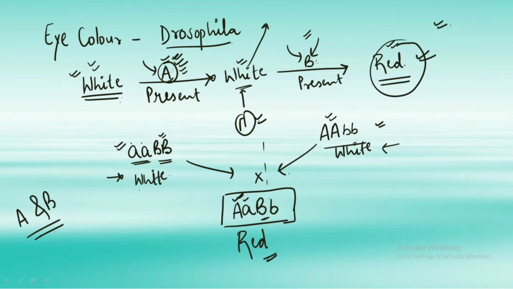That is, in the first case, we had a homozygous recessive condition for the gene A, and in the second case, we had a homozygous recessive condition for gene B. As a result of a cross between them, we had a red-eyed Drosophila, and we finally understood that both gene A and gene B are complementing each other in order to have the final result as the red Drosophila. So this was about what complementation is.